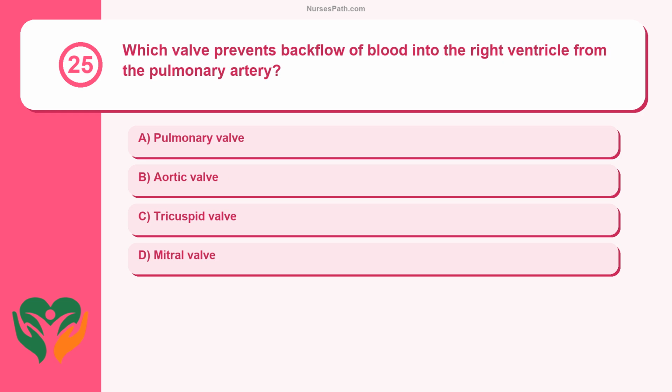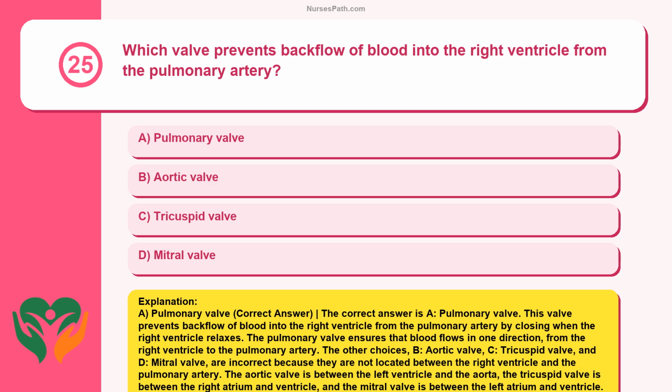Question 25. Which valve prevents backflow of blood into the right ventricle from the pulmonary artery? Pulmonary valve, aortic valve, tricuspid valve, mitral valve. A. Pulmonary valve. Correct answer. The correct answer is A. Pulmonary valve. This valve prevents backflow of blood into the right ventricle from the pulmonary artery by closing when the right ventricle relaxes. The pulmonary valve ensures that blood flows in one direction, from the right ventricle to the pulmonary